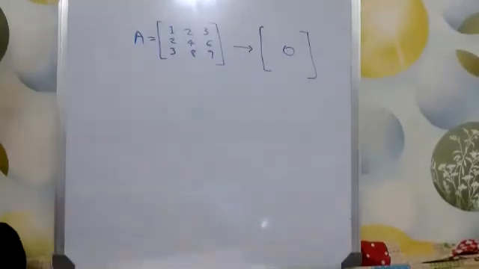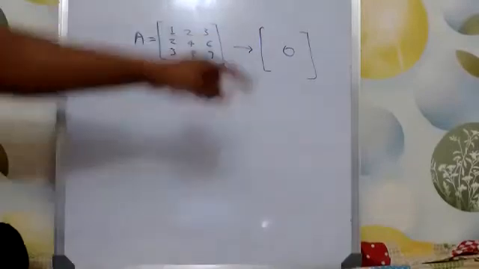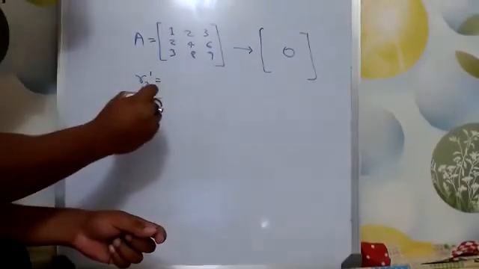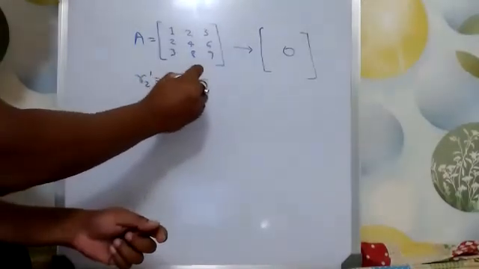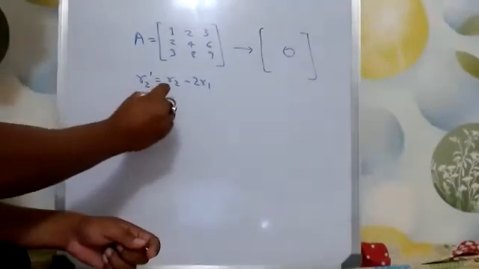Like in the case of an upper triangular matrix where we convert it into the identity matrix, similarly here we will try to make it a zero matrix. So R2 dash is equal to R2 minus 2R1. Okay, R3 dash is equal to...